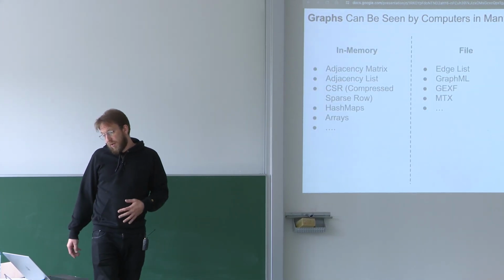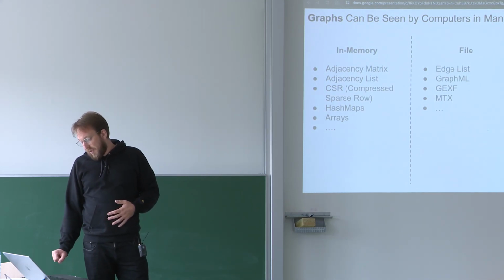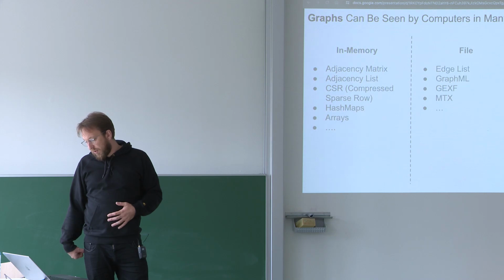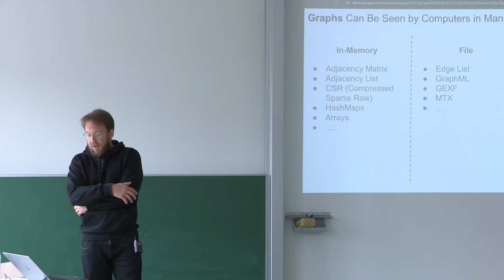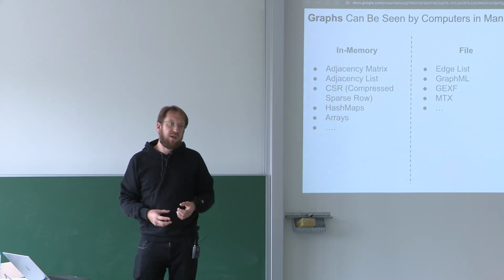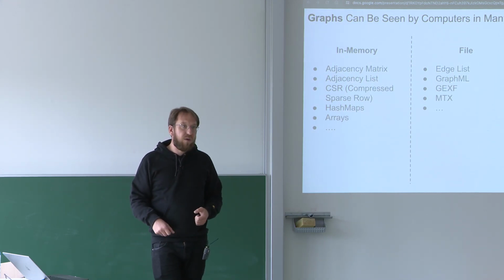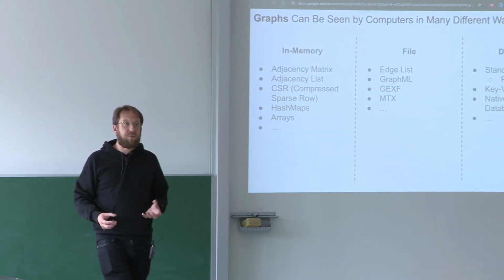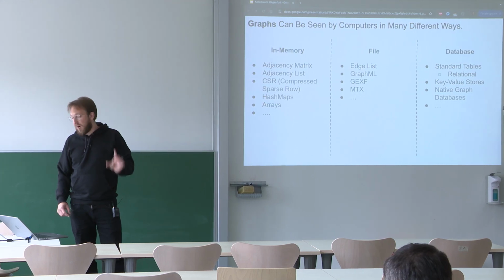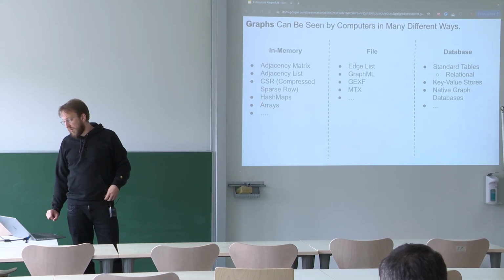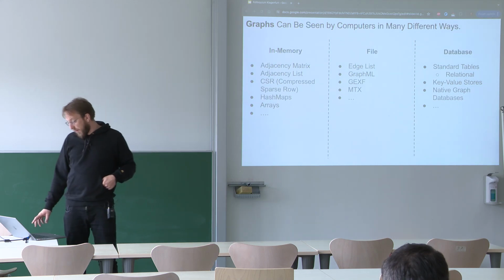We can store them in different formats. So there are adjacency lists. People in high-performance computing mostly work on these compressed sparse row representations because they only work on structure. People like Aaron from the Graph Massivizer project work on graphs in kind of maps because you want fast indexing, and a node is not actually just a number, but has some kind of property by which you would like to identify that node and look it up very, very fast.